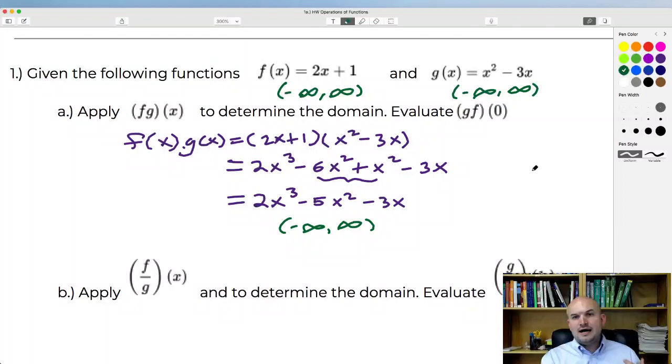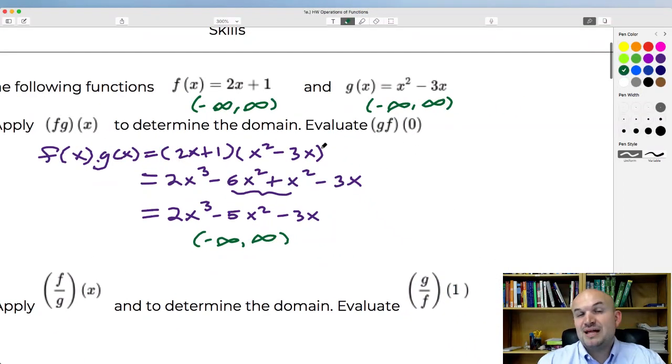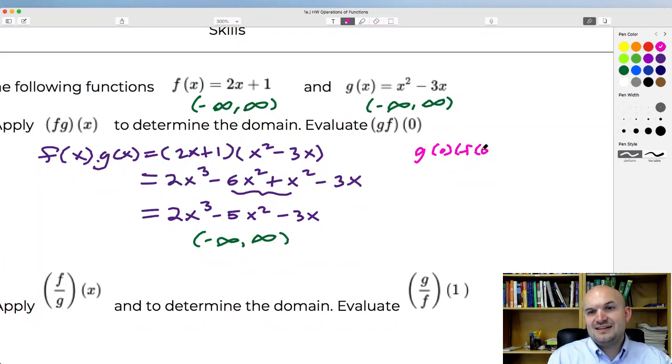All right, and then the next one is multiplying g times f and then of 0. So there's a couple different ways we could do this. You could apply the product like we did and then evaluate for 0. Or what you could also do is, let's do pink, just do g of 0 times f of 0. And I kind of like that process a little bit better in this case because these are rather simple, that g of 0 is basically going to be